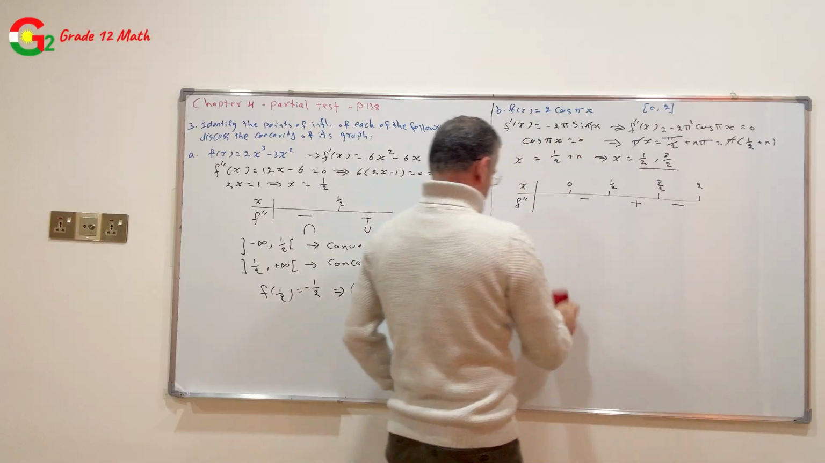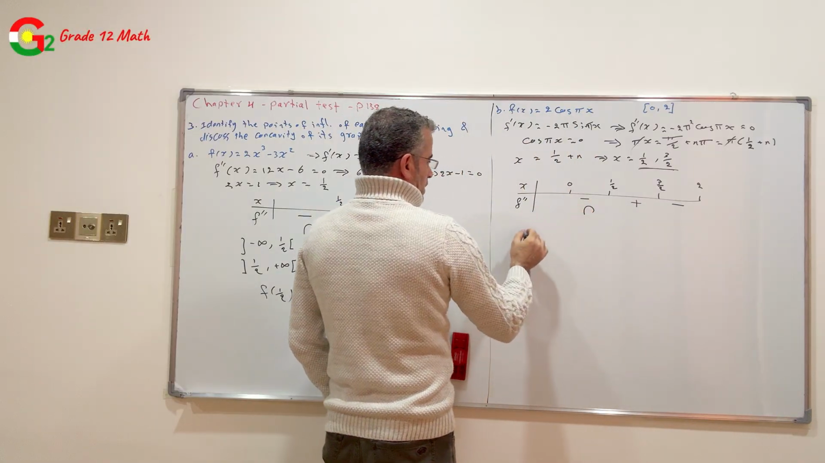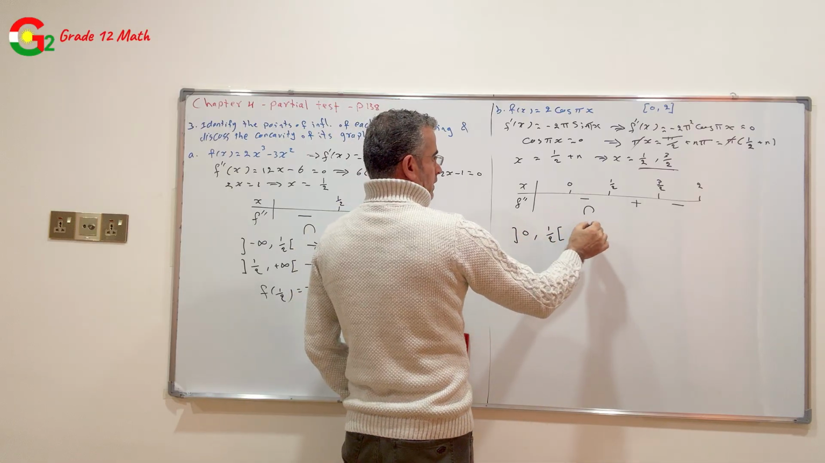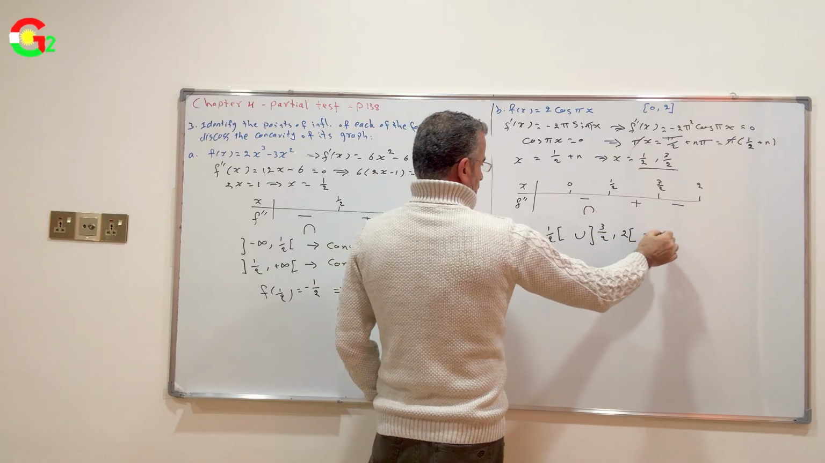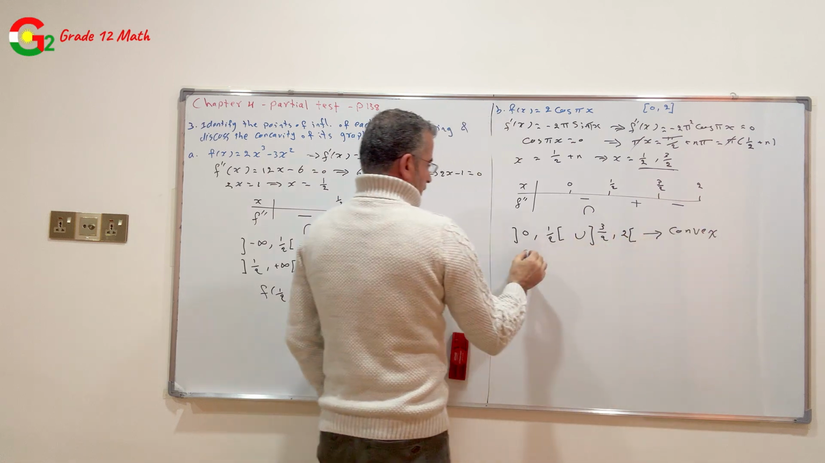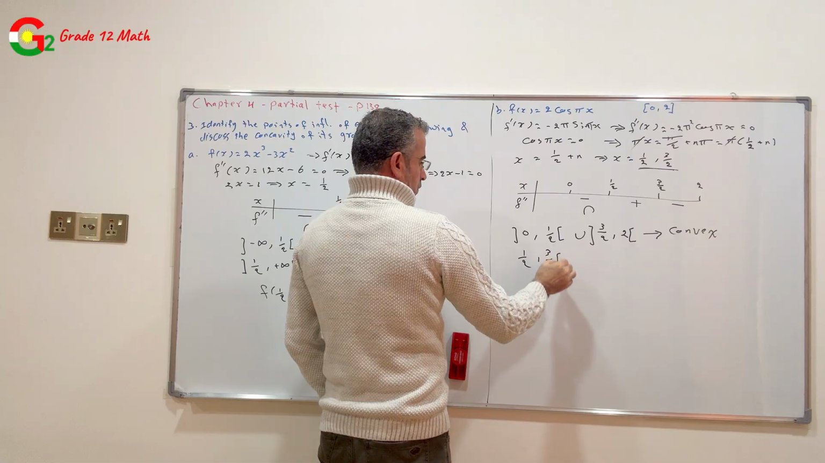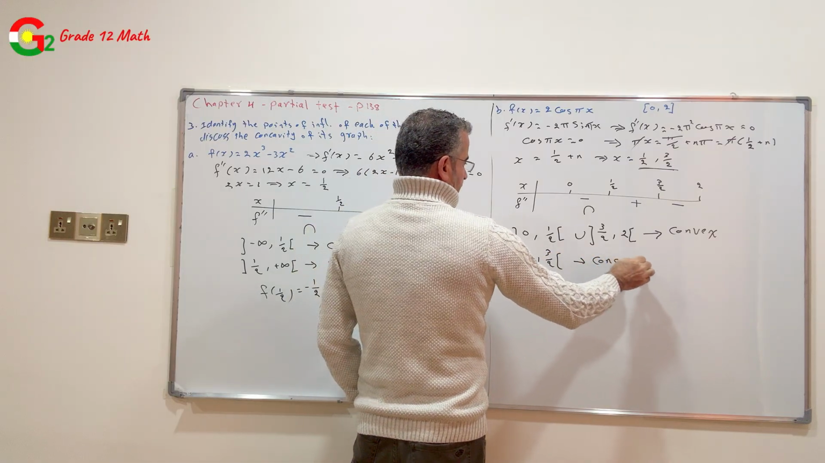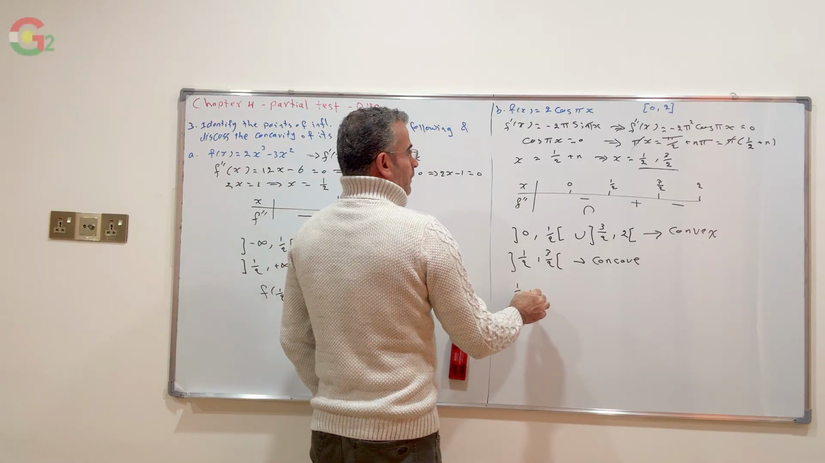Therefore, the function is concave between 0 and 1/2, open interval, and between 3 over 2 and 2. Here the function is convex, and in the interval 1/2 to 3 over 2 the function is concave, and the point 1/2,